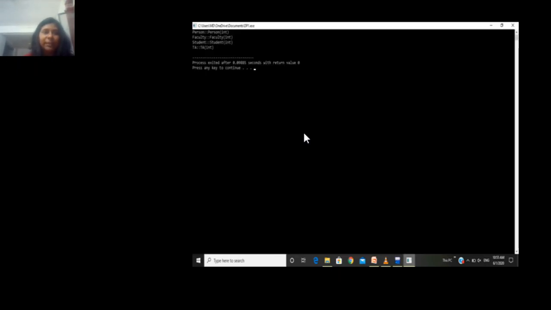Hence we can see that the person class constructor, which is the parameterized constructor, has been invoked, and then the faculty constructor, the student constructor, and then the TA constructor. So this is how the diamond problem is solved.